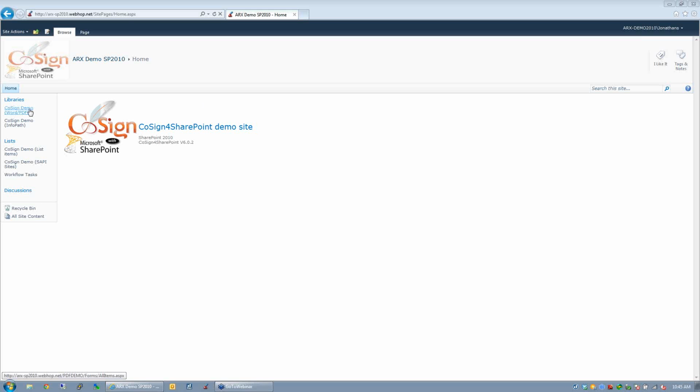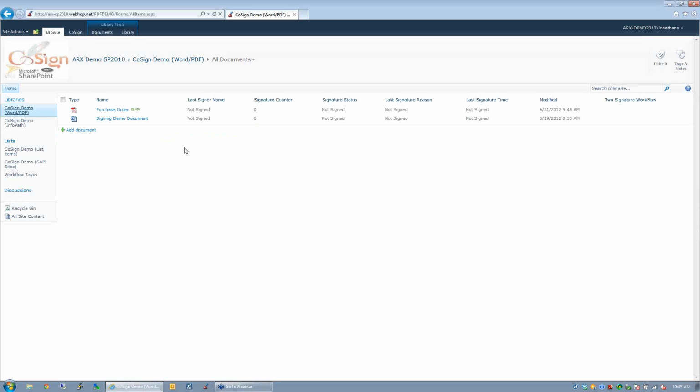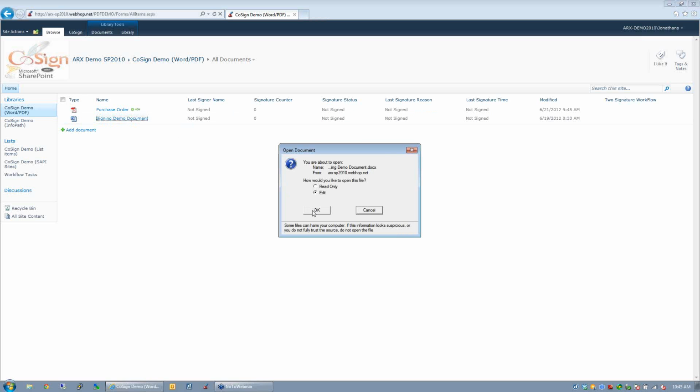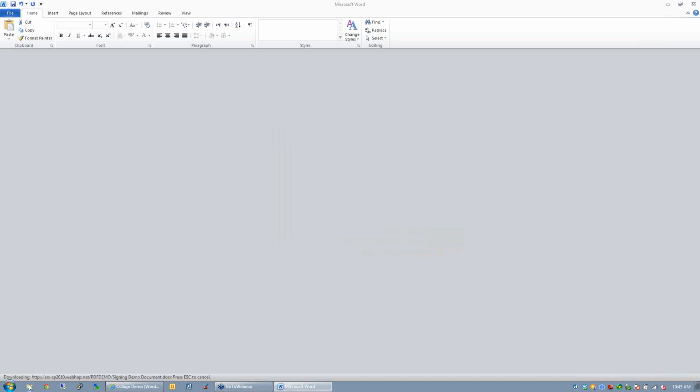To start off with, there's two ways to use Cosign within SharePoint. Mike touched on this briefly, but one is where you're actually dealing with the documents outside of SharePoint, using SharePoint as your document repository. So you'll have Cosign installed locally on your machine, and you can do this in the same fashion that you've been doing it in the past, which is to say you'll click on the Word document, you can select to edit it, it'll open up Microsoft Word,